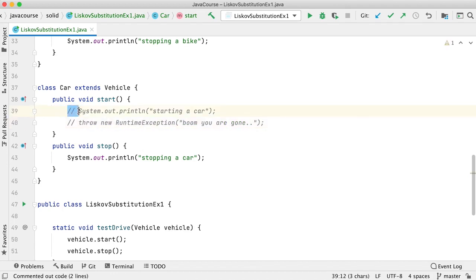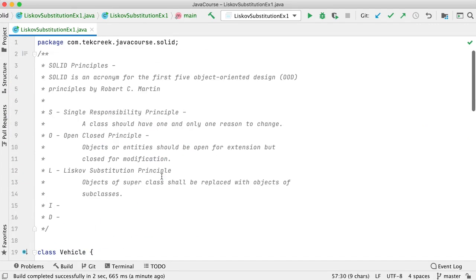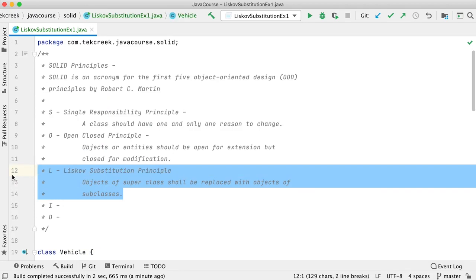As far as it doesn't break any existing logic, it is good. Whenever there is an expectation of a base class type object, you should be able to supply the subclass instances. So that's your third principle, guys, the Liskov substitution principle. Very simple. That's it. See you in the next lecture.